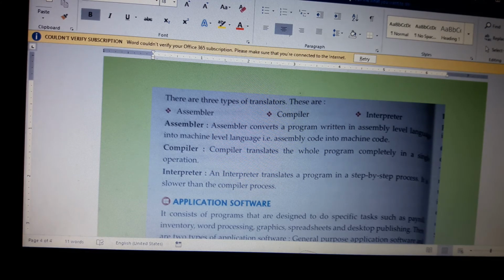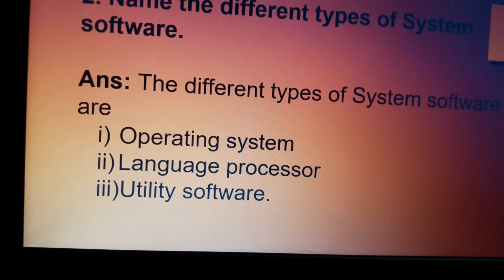So class, today we have learned about software, system software. System software has the operating system. An operating system is a system software that acts as an interface between the user and the hardware. Next, we have learned about the functions of an operating system. There are four functions. What we have learned are the different types of software: operating system software, language processor, utility software.